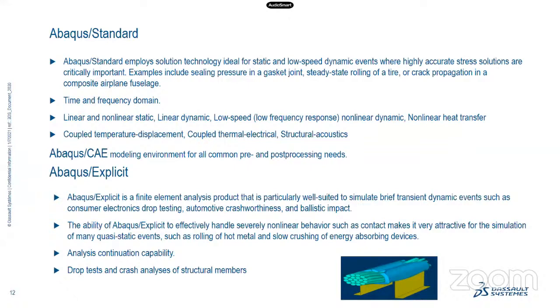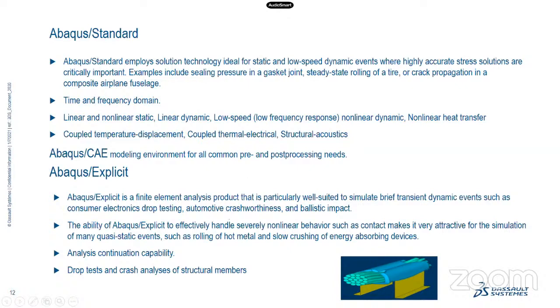Abaqus Explicit uses a forward Euler kind of integration scheme. So basically, Abaqus Explicit is used for short-duration analysis, like manufacturing. If you want to model rolling analysis or manufacturing techniques, we use Abaqus Explicit analysis. And the figure shown is for a wire crimping example, which may be used for electrical wire installations. So this is a crimping analysis that is done in Abaqus Explicit.